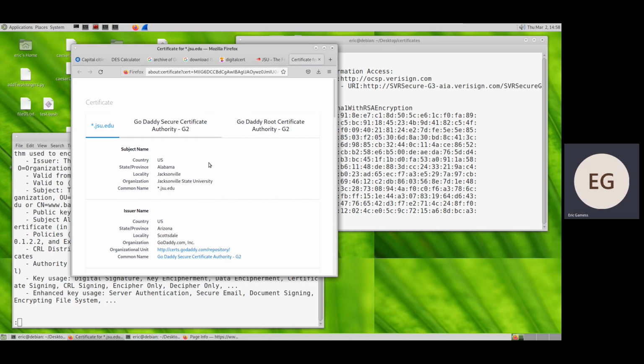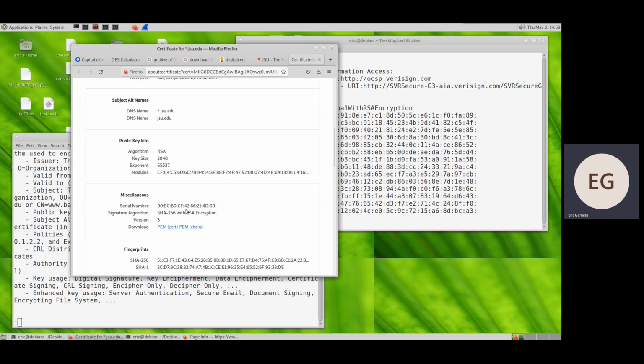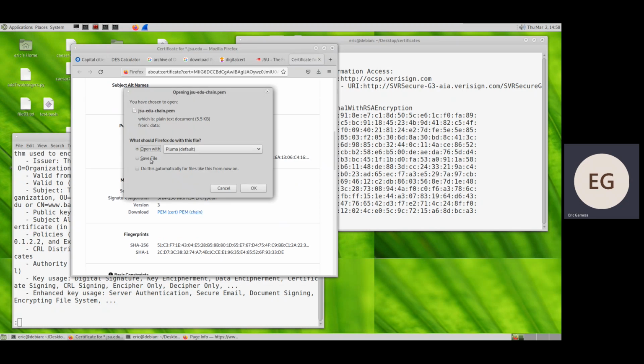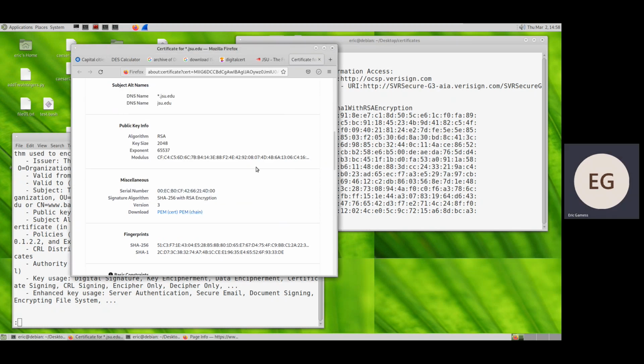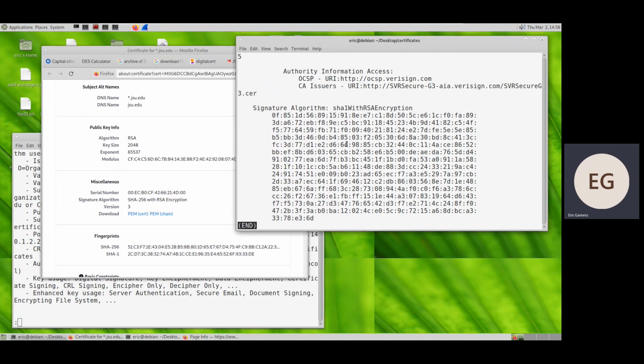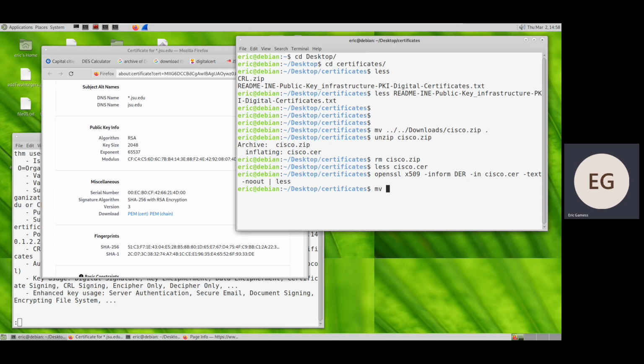So let me download this certificate. There is a button here to download it in PEM format. I'm going to download it, save, and I'm going to see this certificate with OpenSSL at the same time. I just downloaded it, so it will be in the download directory. Download jsu.edu.pem. I put it in this directory. And how do I see it? With OpenSSL